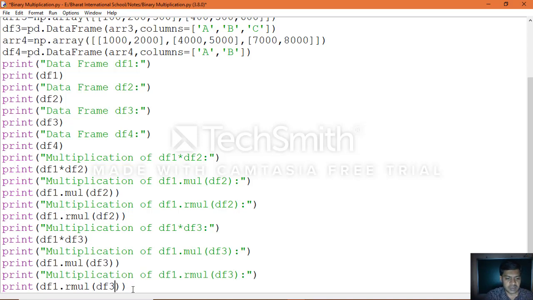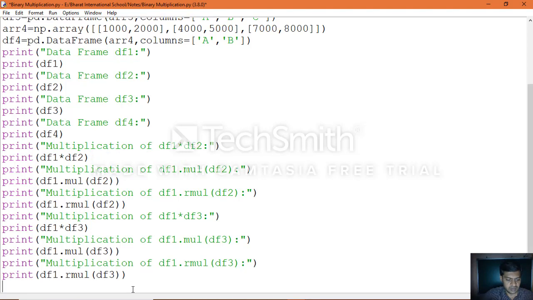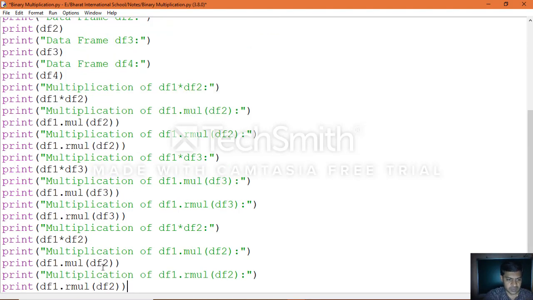Same manner, 1 and 4, multiplication, same way reverse multiplication.